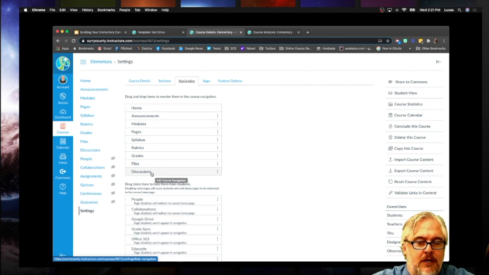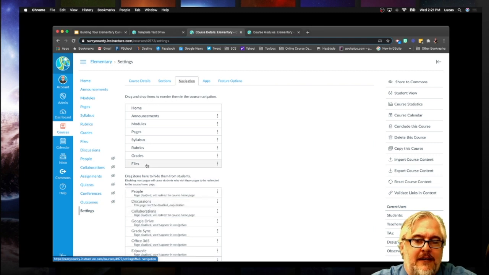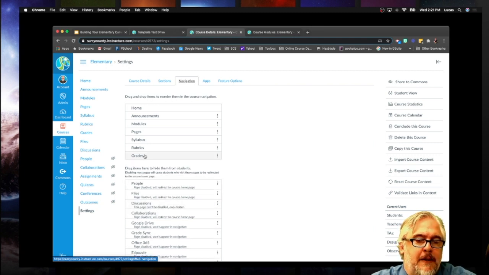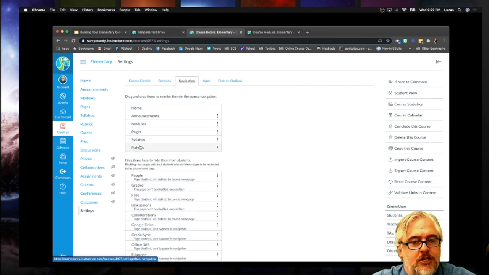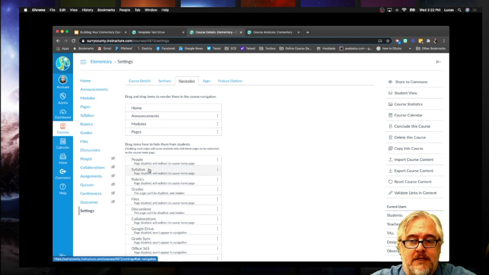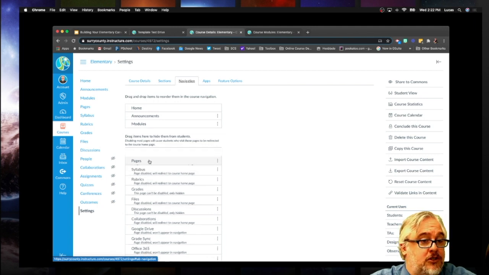My elementary students don't really need access to the discussions link because all of their discussions are going to be in the modules anyway. So I'm going to take that out. They don't need access to the course files. They don't really need access to the grades section. They don't need access to rubrics or the syllabus